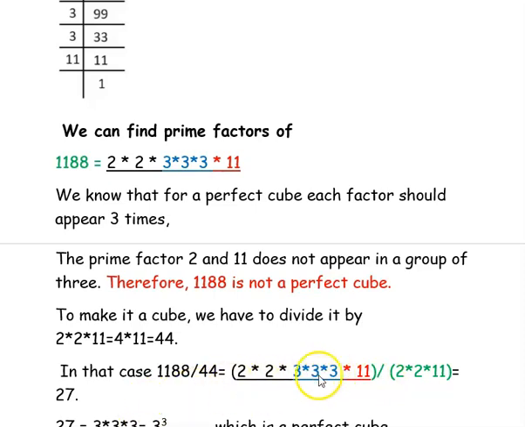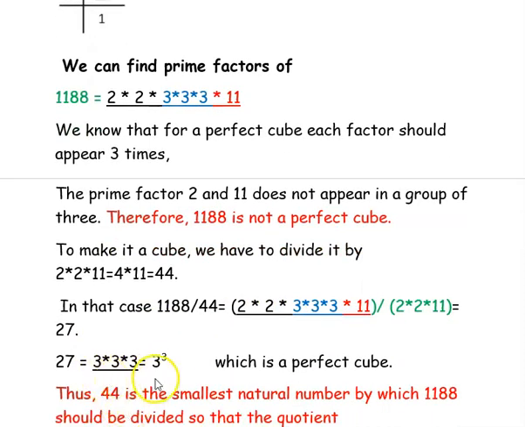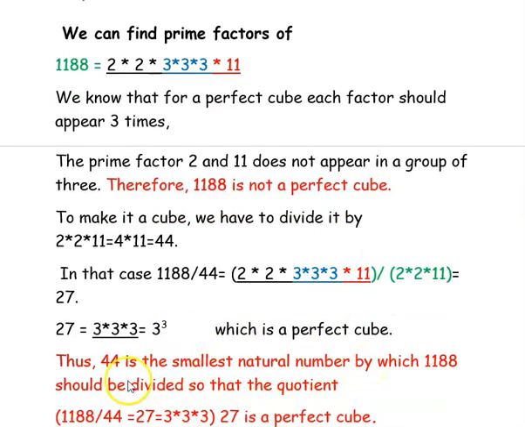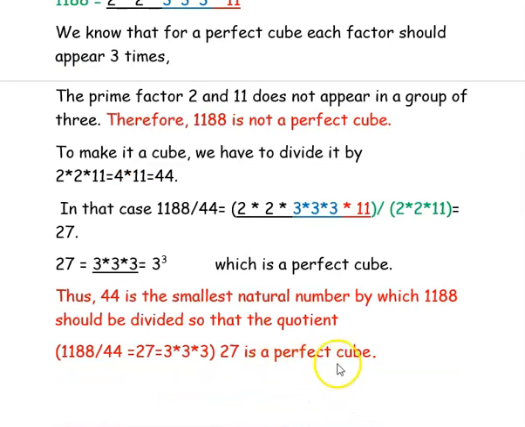So that is 3 times 3 is 9. 9 into 3 is 27. So we know that 27 is nothing but 3 cube, which is a perfect cube number. So thus 44 is the smallest natural number by which 1,188 should be divided so that the quotient 27 is